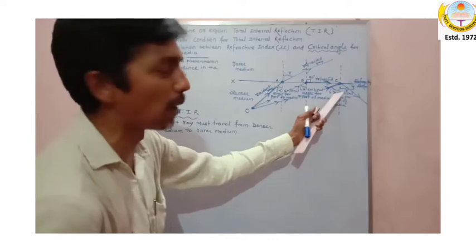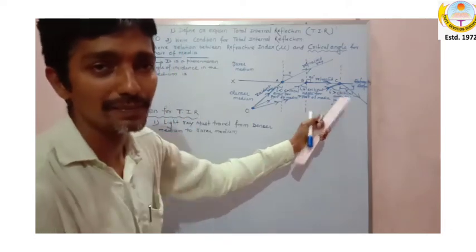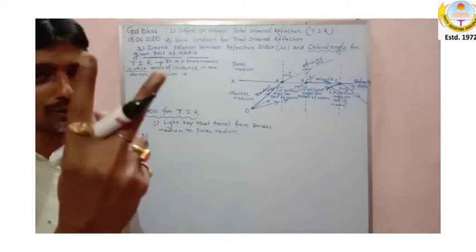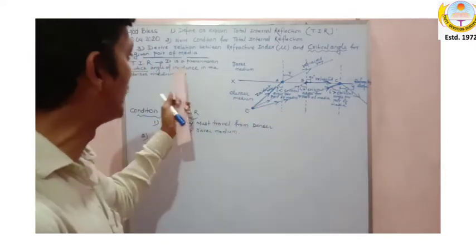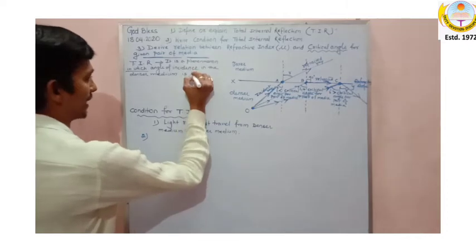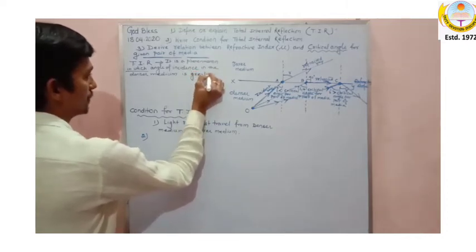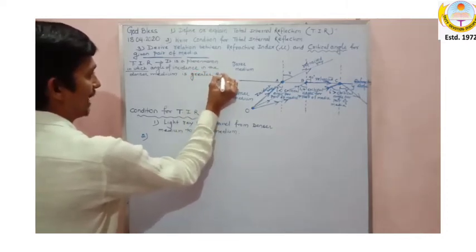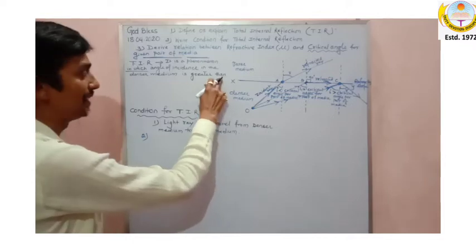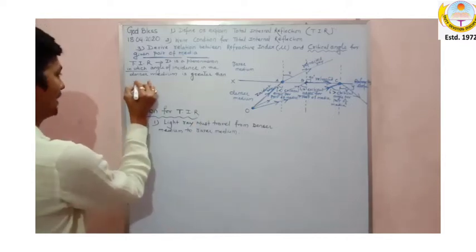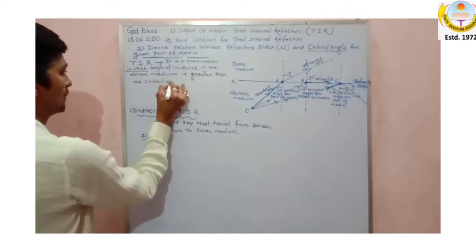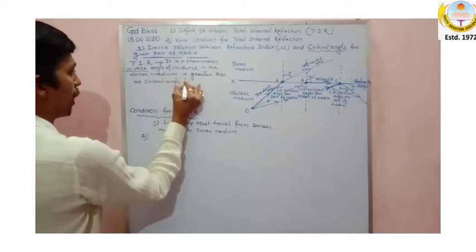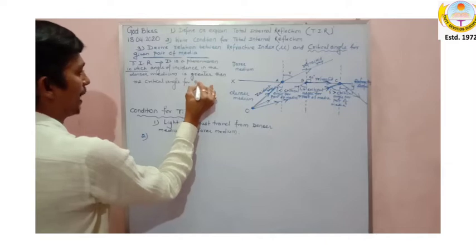See the symbol here, greater. So there are two things. Sir, angle of incidence in which medium? In the denser medium it is greater than the critical angle